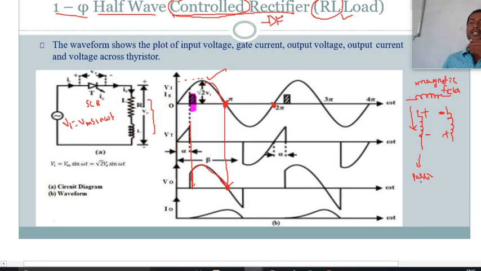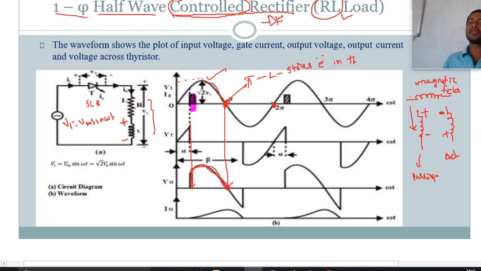While receiving energy, it is acting as a passive element. If it is a passive element, it will absorb energy, and if it is an active element, it will discharge its energy. So look at this one. While charging the inductor, its polarities will be like this up to this point. Up to pi degrees, the inductor stores energy in the form of magnetic field.